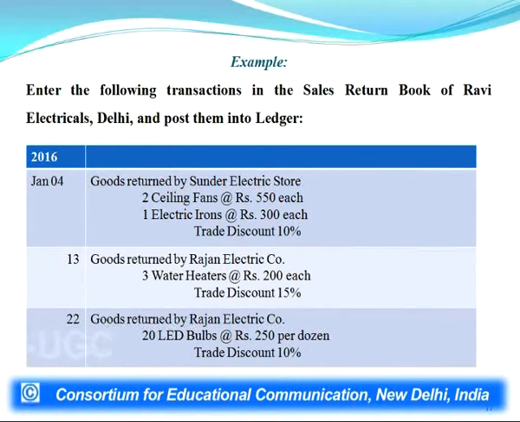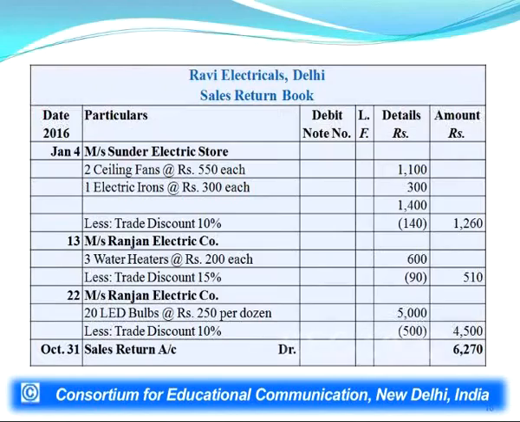Second case, goods returned by Rajan Electric Company, 3 water heaters at rupees 200 each, and trade discount is also there in the first case, in the third case also. In the third case, goods returned by Rajan Electric Company, 20 LED bulbs at rupees 250 each. So, Ravi Electricals is the firm which is preparing the sales return book, name at the top, then